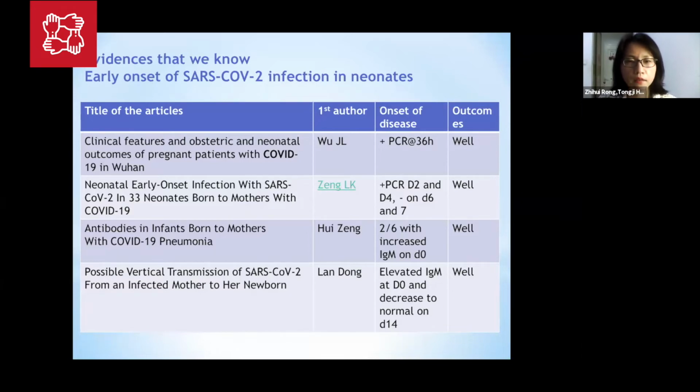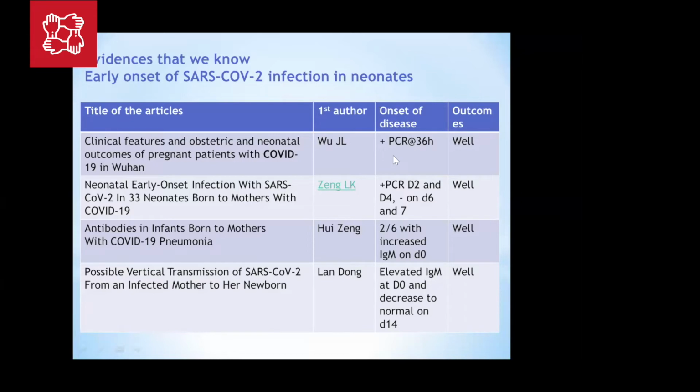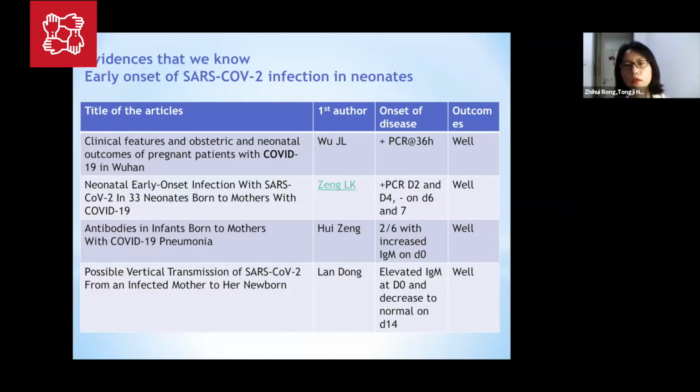And the first paper was published by Dr. Wu to show that they found a neonate's throat swab PCR positive at 36 hours of age. And the second was published by Dr. Zheng. He investigated 33 neonates born to mothers with COVID-19. And he found that 3 out of 33 neonates had the virus PCR positive on day 2 and day 4 and turned negative on day 6 and 7. So it's a transient positive PCR from the neonates. And the last 2 articles are